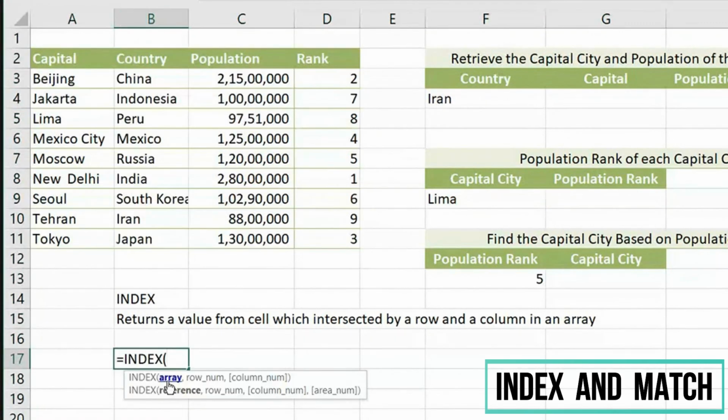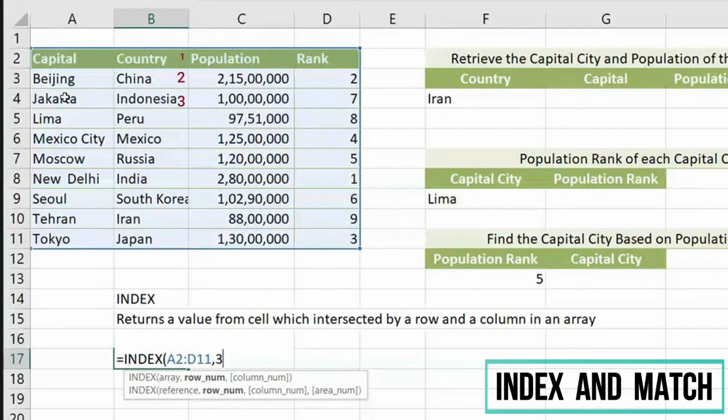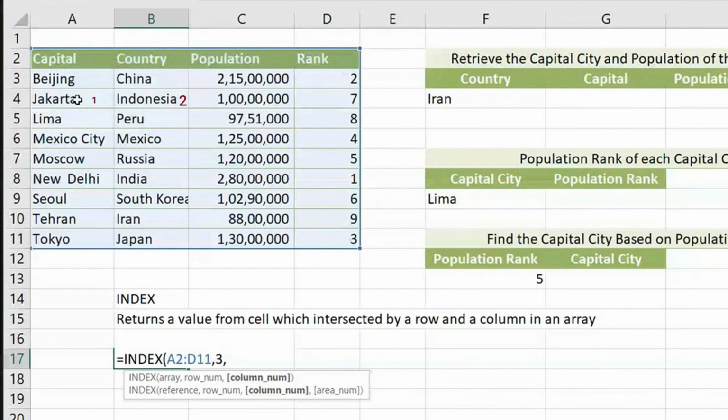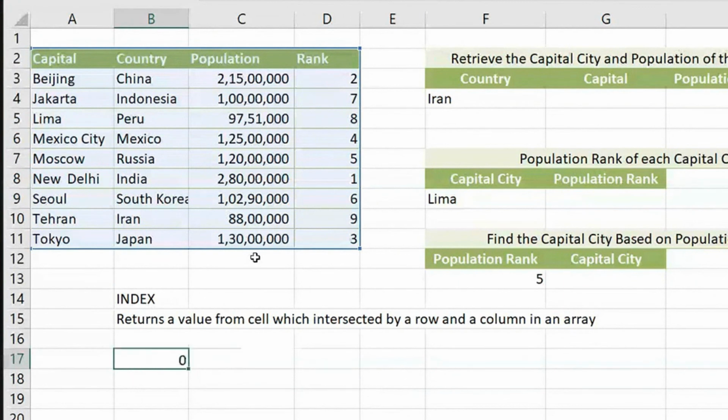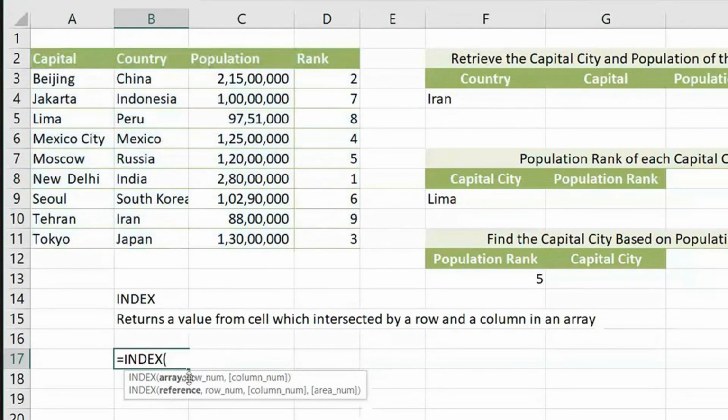If you see the same input here in the INDEX formula, if I write INDEX, it will ask you for an array. Now row number, where is Indonesia? 1, 2, 3, in the third row, comma. Column number, where is this Indonesia cell? Second column. Third row, second column, close, enter. So here I just explained the three inputs of INDEX. That's it. I'm not explaining the real use of INDEX.